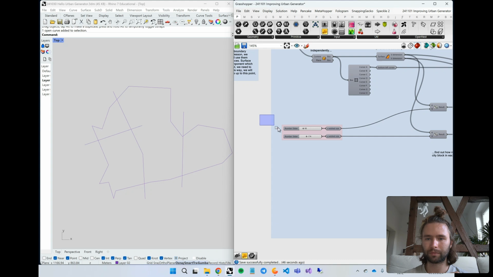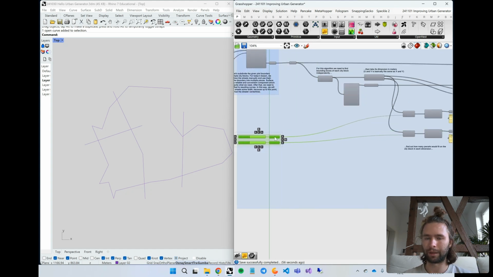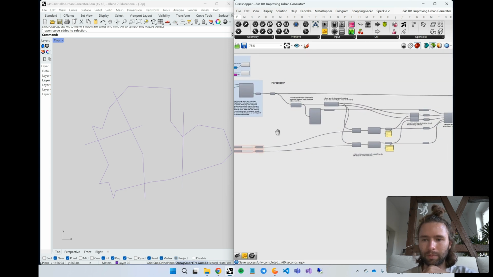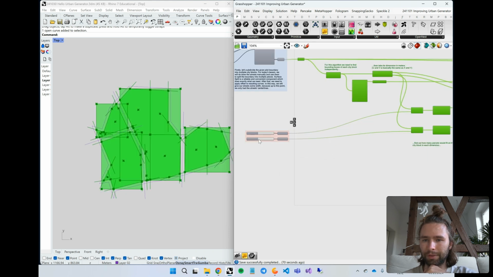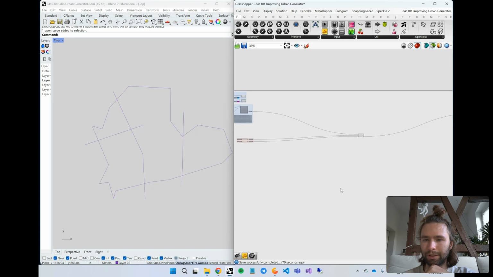I want to deselect these slider inputs because I do not want them to be stored inside my cluster. I want them to be outside, so I can move them a bit to the left. I can also dissolve this group by selecting it and clicking delete, but it is not that important. I simply want to select everything except for the sliders. So now I right click, select cluster,